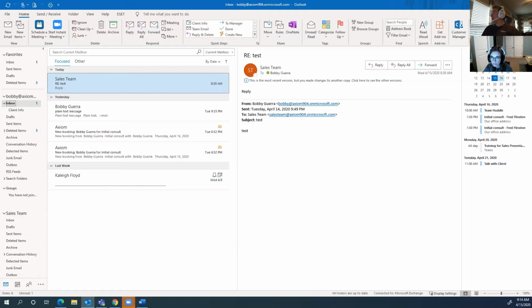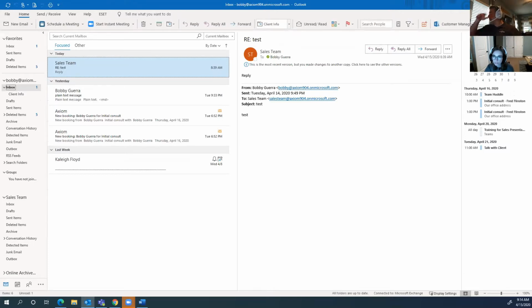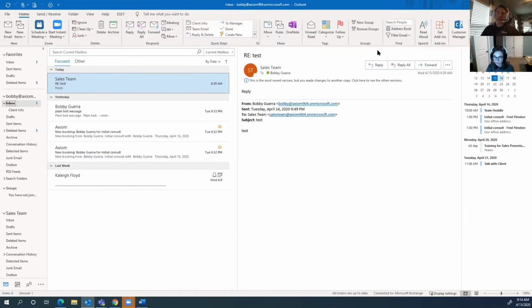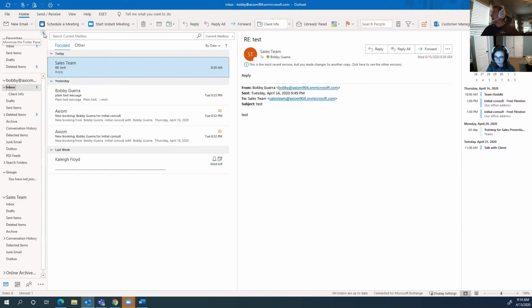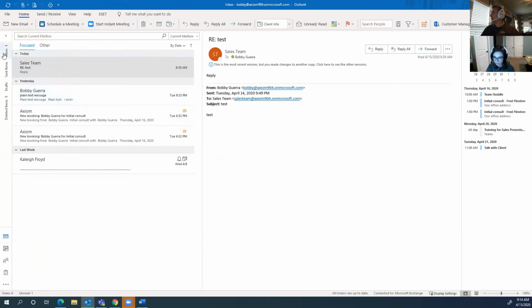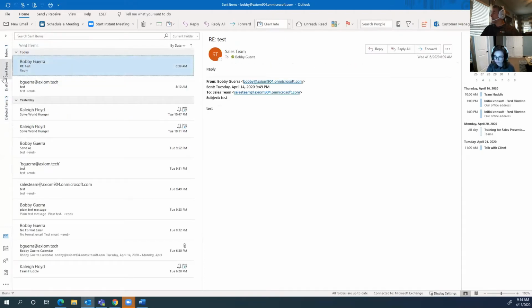Okay, great point, Kelly. Now this top ribbon here also creates a lot of tickets for us because sometimes people are going to click something and accidentally click this guy, and you just see the ribbon go, boop, it's gone, and then they're like, oh my gosh, the world has ended. All you have to do is click the little switch ribbon, and then it'll drop right back down again. So now maybe you want that, maybe because like I was talking about, you've got a smaller screen and you're like, oh heck, let me go ahead and hide these guys and give me some more real estate here, and I can mouse over the inbox and switch between these as I need to.